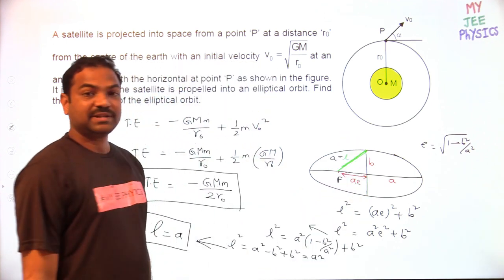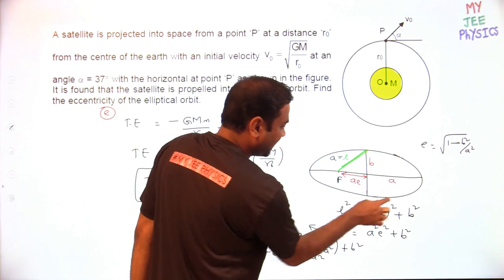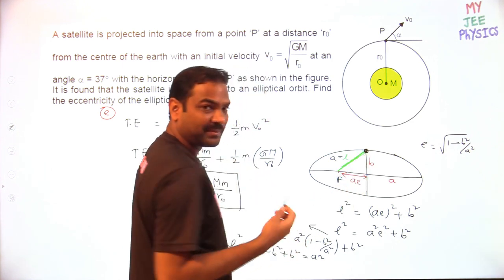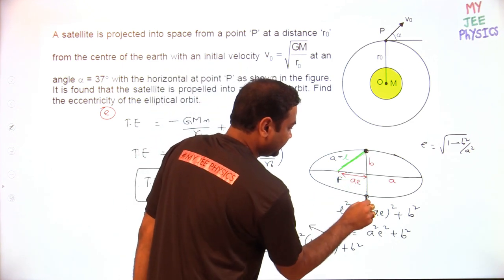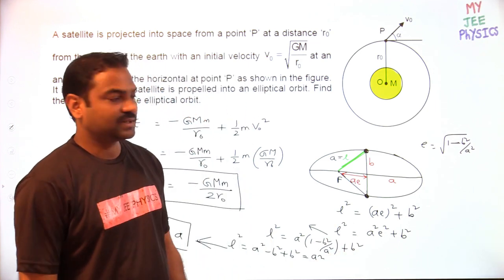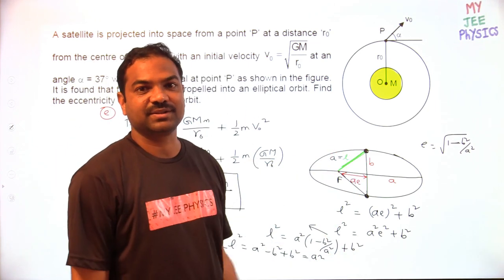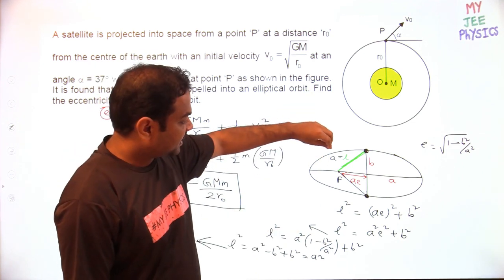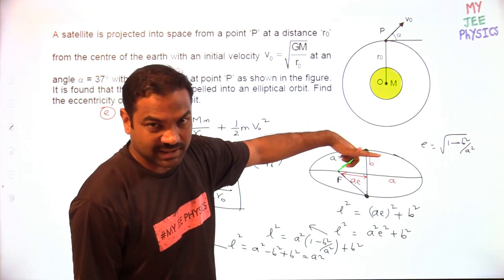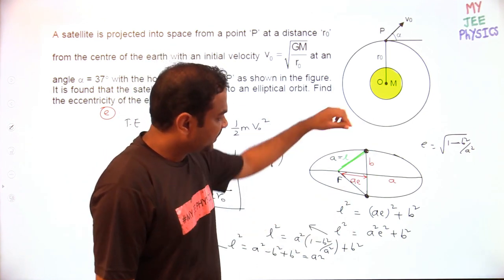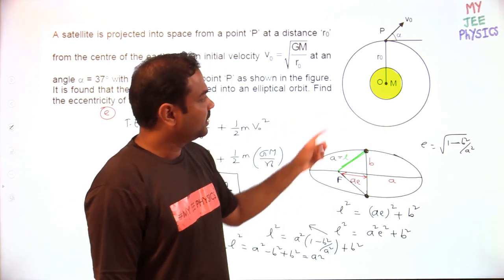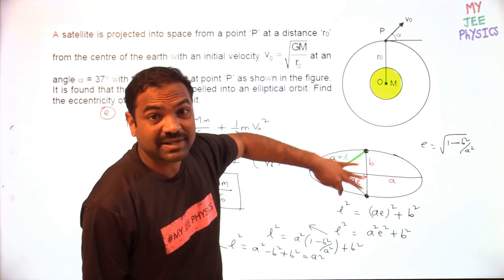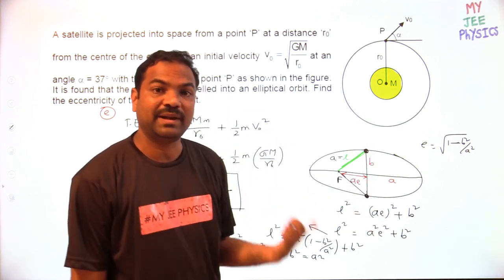Semi major axis. That means, in the entire path of the ellipse, the satellite, planet, anything, will be at a distance of semi major axis whenever they are at the extremes of the semi minor axis. Are you getting this idea? Whether it is planet motion around the sun or satellite motion around the planet, the planet will be at a distance of semi major axis whenever it is at the extreme of the semi minor axis.